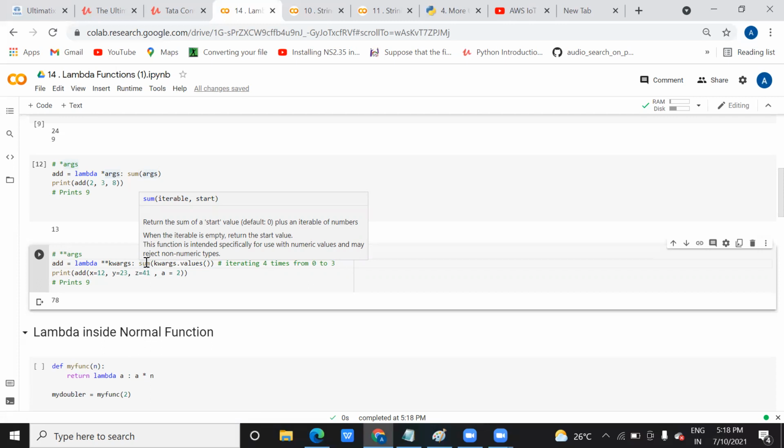It will give you the details of that: what that function will do, what it is accepting, what it is returning, what parameters it is accepting, like this. Iterable, and start will start from the default 0 value, and iterable means it will iterate till that. Is it clear to you how you can use keyword arguments and non-keyword arguments with these lambda functions?